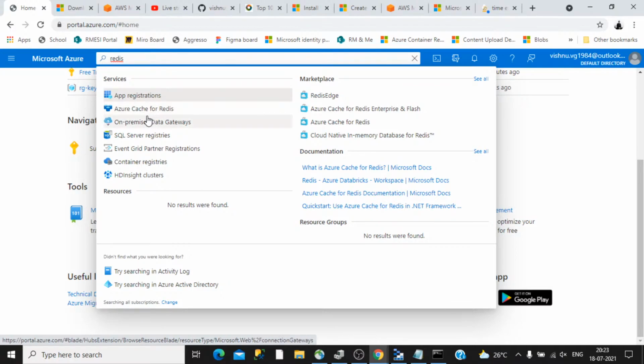And if you are going to use this particular software as a service, the advantage is that the cost will be much lesser when compared with creating a particular VM and installing that particular software inside that VM and then using it. So instead of that, you can straight away use this ready-made service which is provided by Microsoft Azure or whatever cloud provider, and then you can use that.